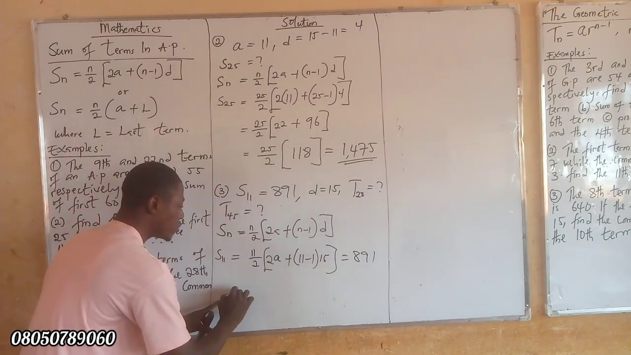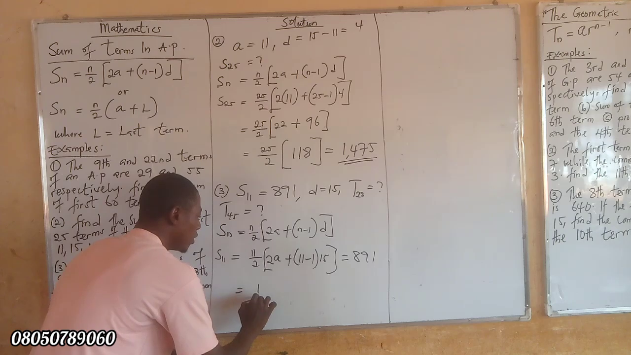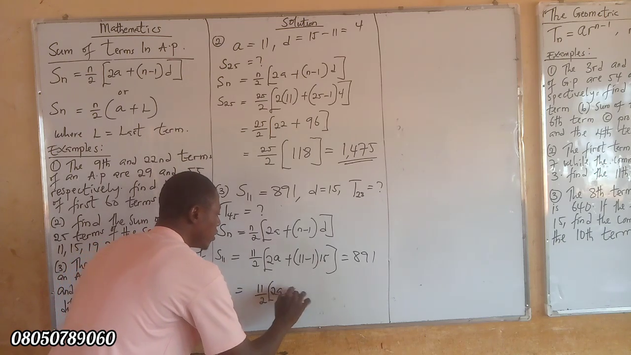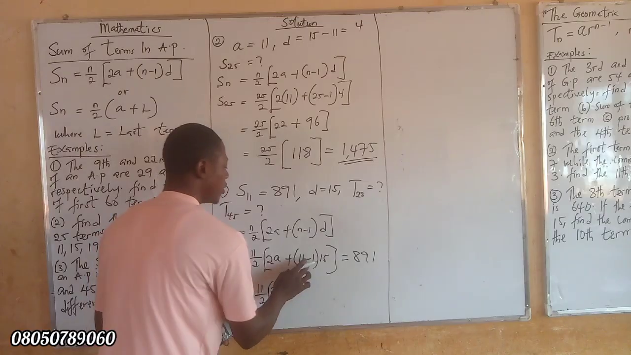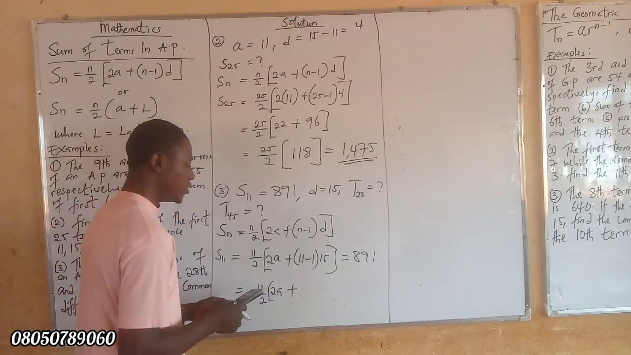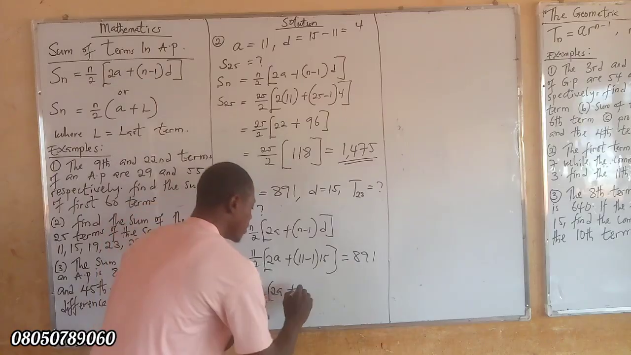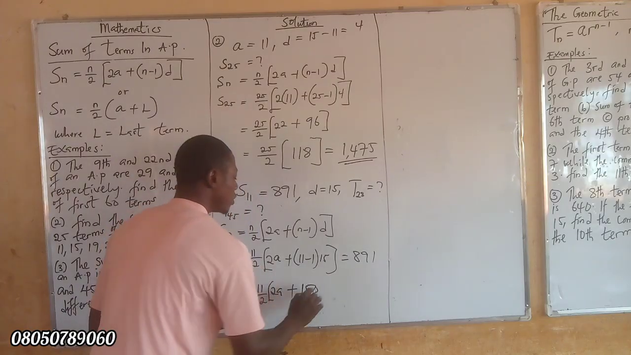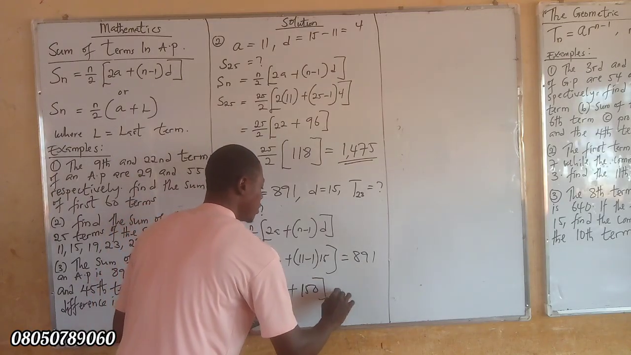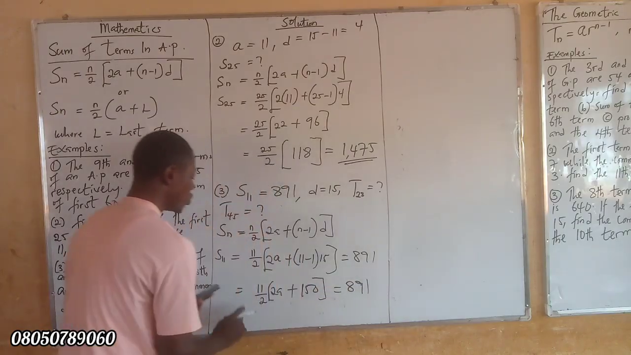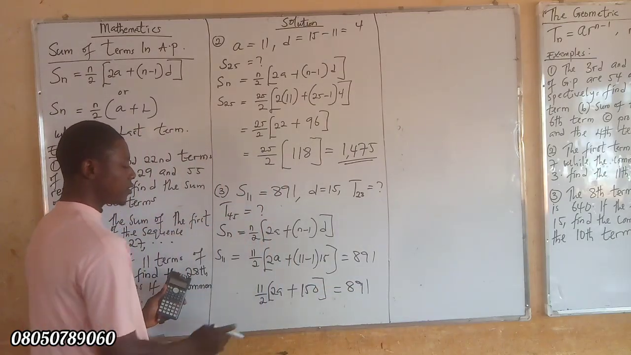So now we are going to have 11 over 2, all in bracket, 2A, then plus 11 minus 1, which is 10, then 10 times 15. 10 times 15 is 150. So now that we have 150, everything is equal to 891. So we are going to forget about this left hand side. So we solve